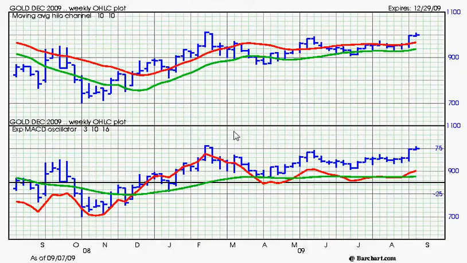Hi, Jim Robinson, ProfitTrading.com, and we're going to take a look at some weekly charts with the 10-10 bands and the weekly MACD. Here's December gold,